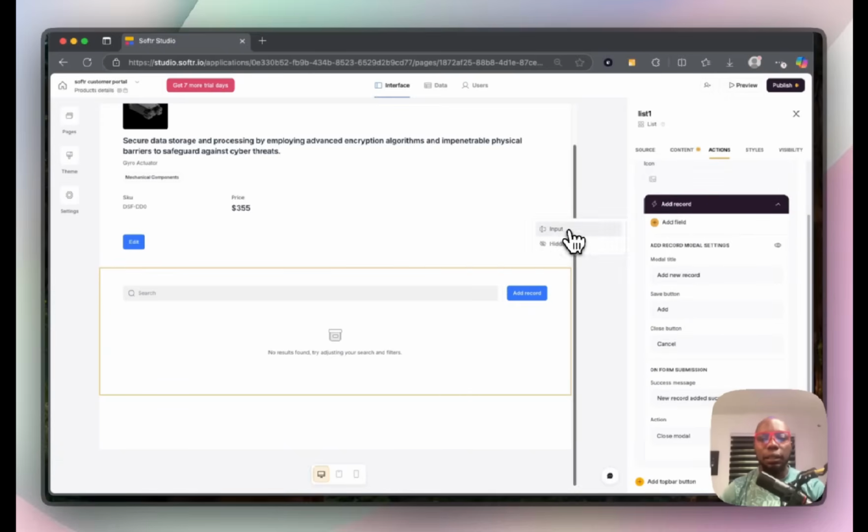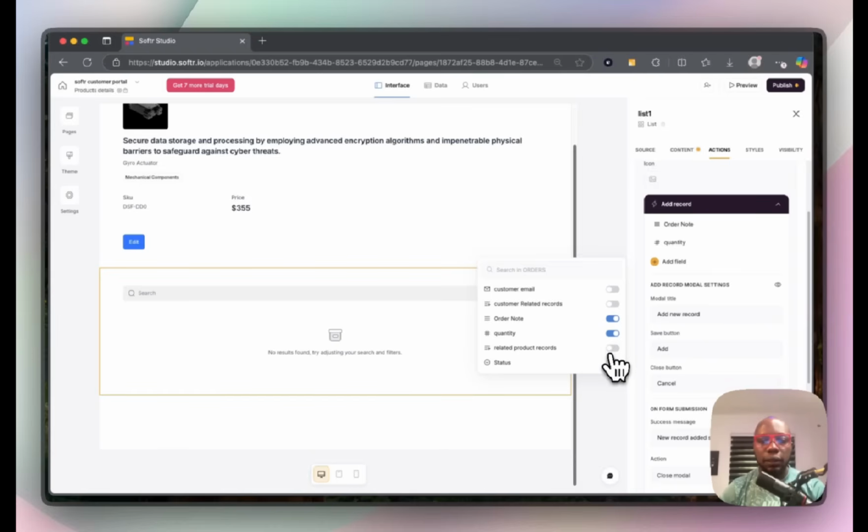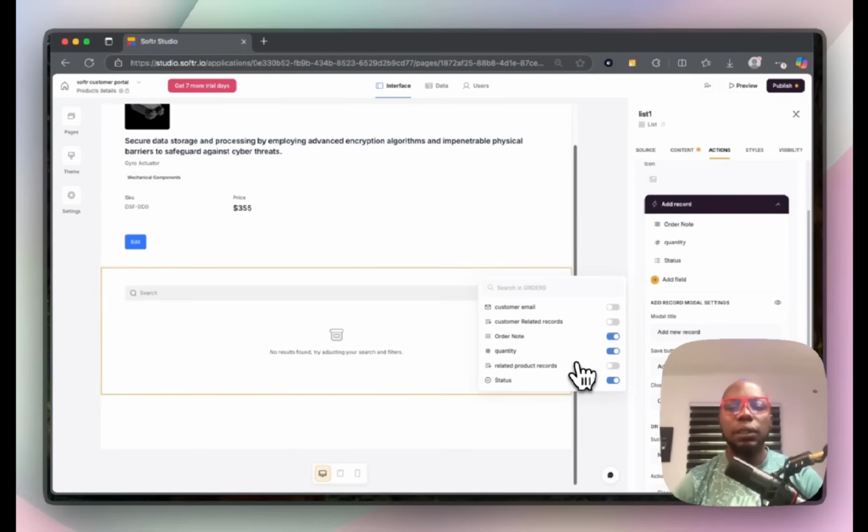And I'm going to add input feeds. My input feeds are going to be the order note, quantity, and the status of the order. Those are the only feeds I'm going to add: order notes, quantity, and the status of the order. And then I'm also going to add